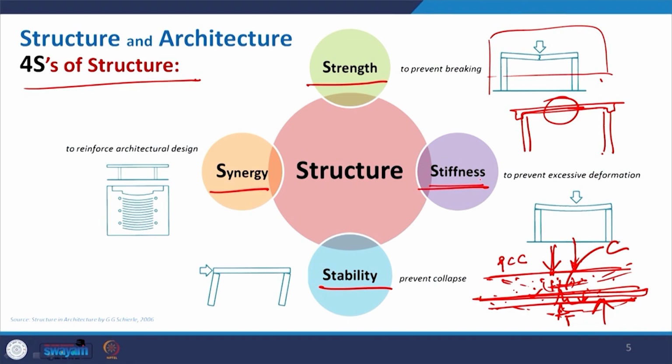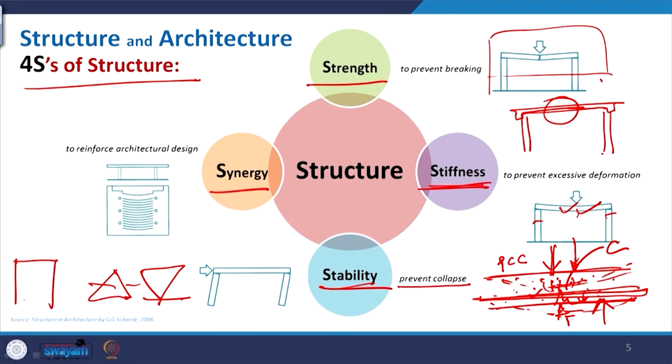Now, come to stability. Stability will depend on the arrangement of your structural elements. We have given one example like the pyramid and inverted pyramid. Okay. So, depending on the arrangement, because of the lateral load and other things, stability is basically what prevents the collapse. So, if the arrangement is something like that, we make a composition